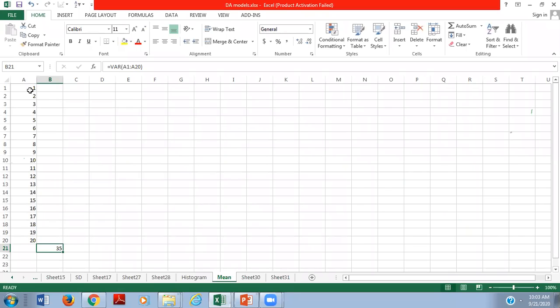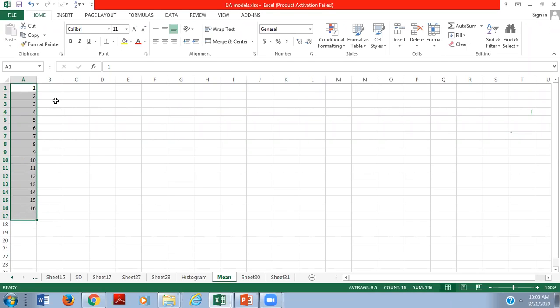I will take just one set of data, that is 1, 2, 3, 4, up to 16. For example, these are the values it's representing. We took them from somewhere as values from our research.